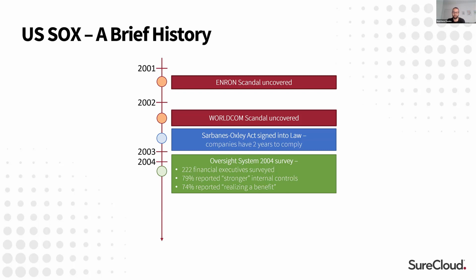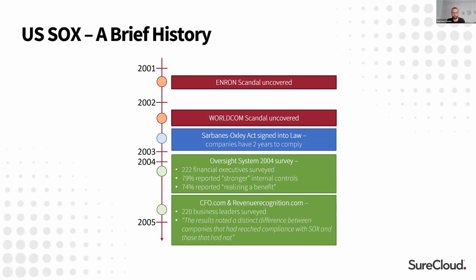And the other thing is that they've actually seen a realized benefit. If they didn't have a strong control program before, this put in some rigor around what they should be doing going forward. And going further forward, people saw distinct improvements from SOX compliance. I know this is a long time ago. A lot of the things that happened have started to come into what UK companies do because they're partially listed in the US, so a lot of UK companies are aware of this. But that's a brief history of US SOX.